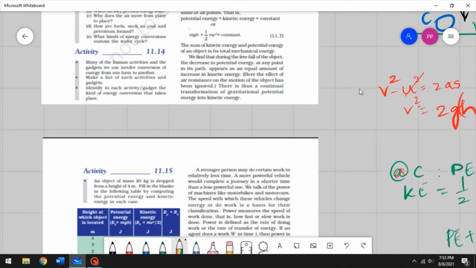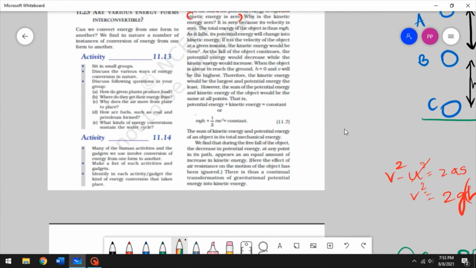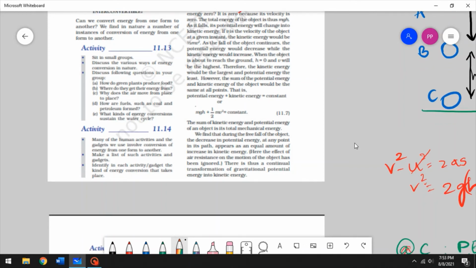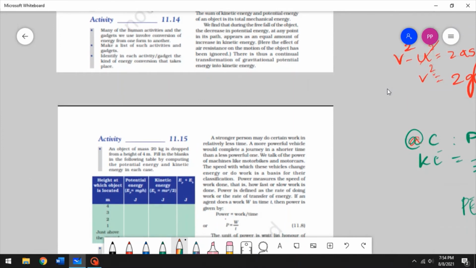Sometimes you even get questions about this in NTSE, where they label this diagram or some similar diagram, and they ask what's happening at this point, what's happening at that point. Essentially potential energy plus kinetic energy is always constant. The sum of potential energy and kinetic energy is the total mechanical energy, so we can conclude that mechanical energy is equal at every point. During the free fall of an object, the decrease in potential energy at any point in its path